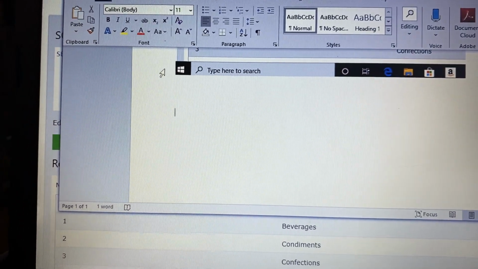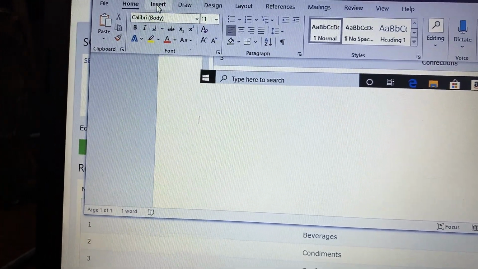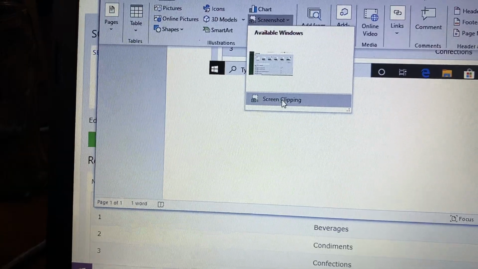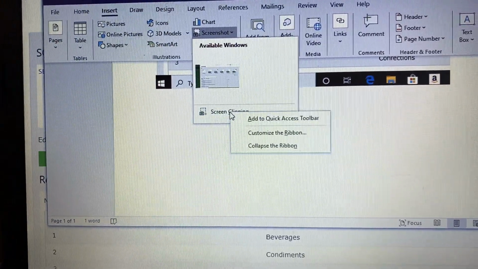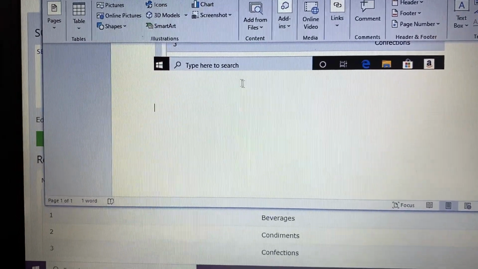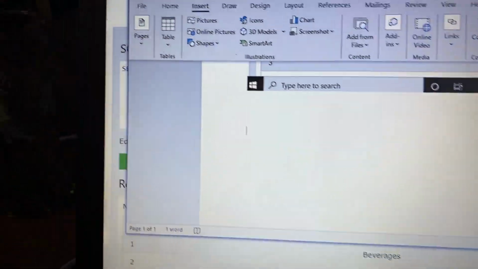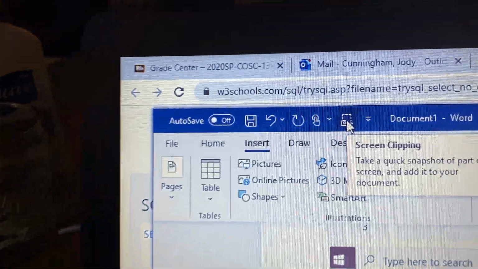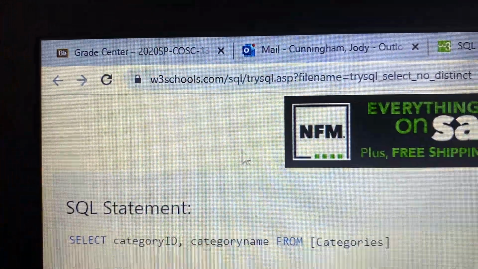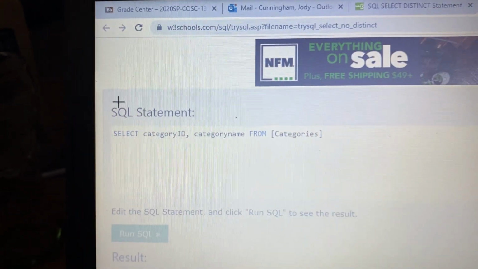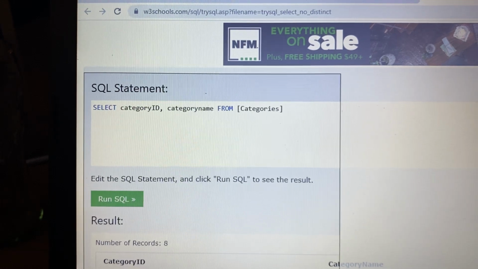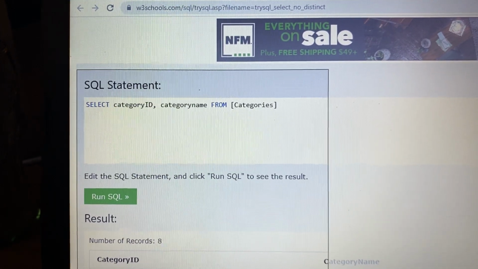And just to show you a cute little trick, when you go into Insert and your Screenshot and your screen clipping, if you right-click on your screen clipping, you can add that to the access bar. Your access bar is up here, and now you don't have to hunt for it. It'll be right up here, and all you have to do is click on it, and it will work every single time. Again, remember to get the number of records and your